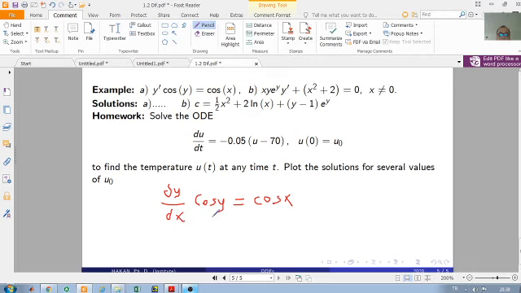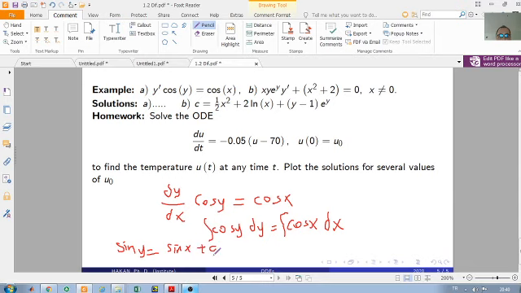So to get the same variable on the left hand side or right hand side of the equation, let's write dx to the right hand side. So we obtain cosine y dy, and the right hand side becomes cosine x dx. Okay, the integral of both sides of the equation becomes, what is the integral of cosine y with respect to y? It is equal to sine y, and the right side also sine x,